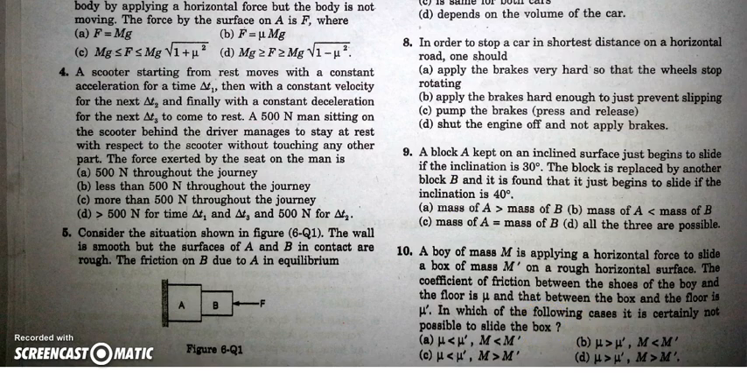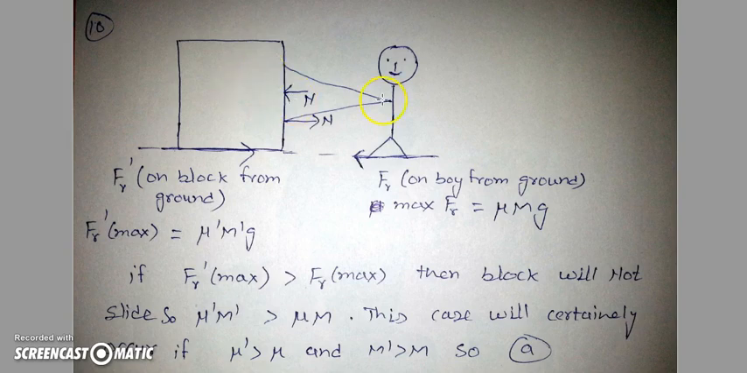Okay, let's have a look at the diagram of the block and the boy. They are applying normal reaction forces to each other. This is the force applied by the boy on the block, and this is the reaction of that force on the boy by the block. The block doesn't want to slide, so friction will be provided on the block from the ground, and obviously the boy will also get some friction force from the ground. Basically these are two equal forces on the boy and block, N and N. So they will slide when